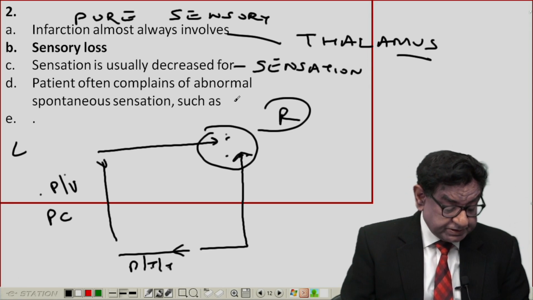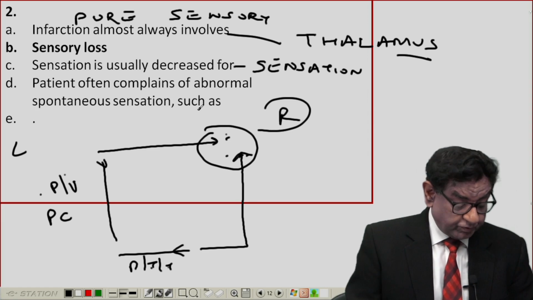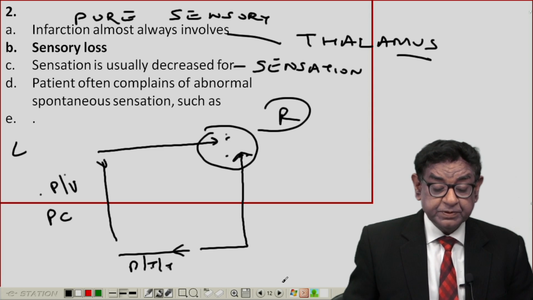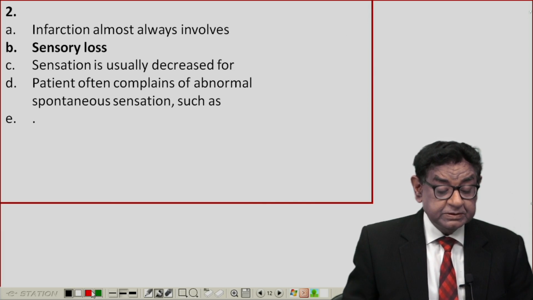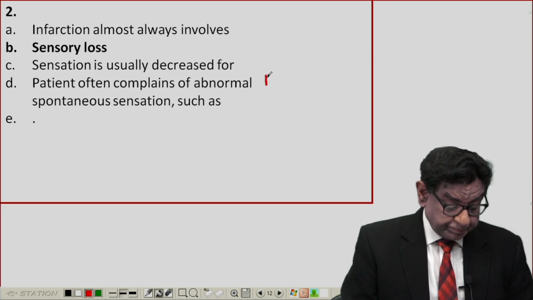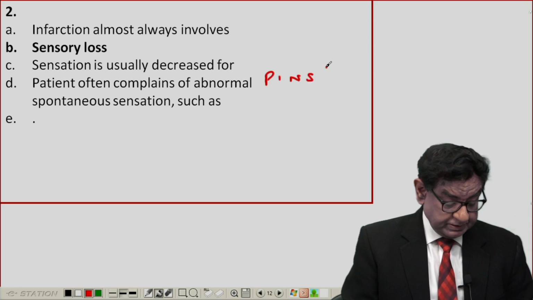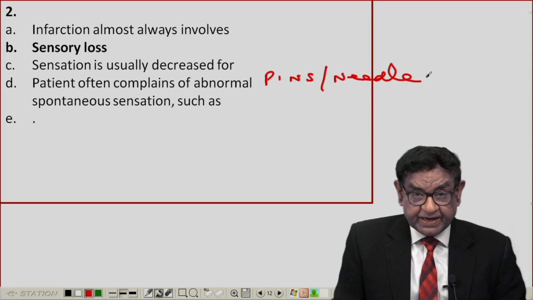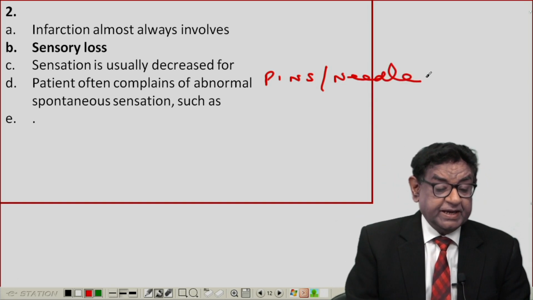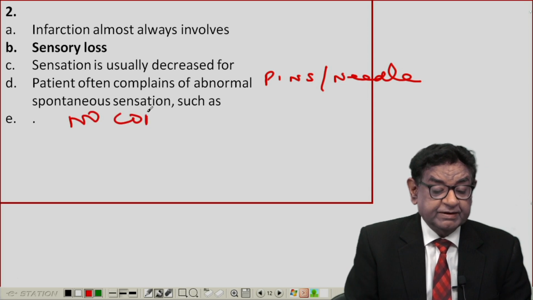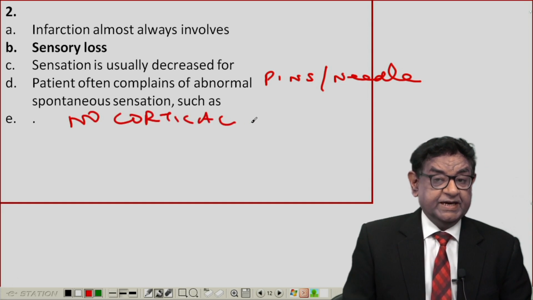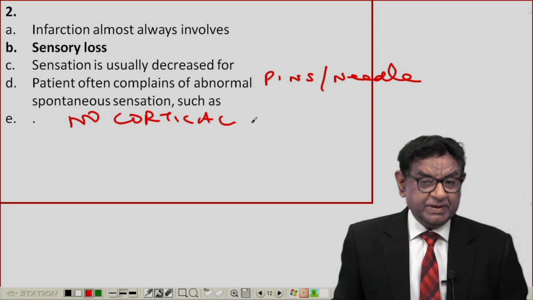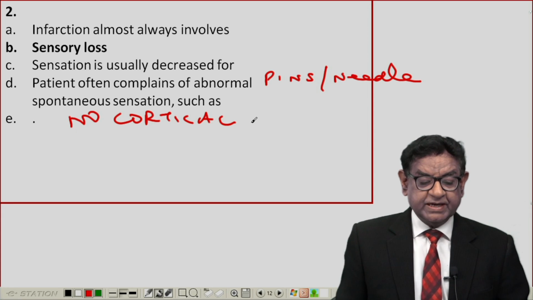Okay? And this is usually, what else is there? Patient may have complaint of some pins and needles type of sensation, which can be there because again due to sensory involvement, but again no cortical finding. This I am repeating for the second time. This is why it is so important that normally whenever we have massive involvement of a big artery, cortical sensory are